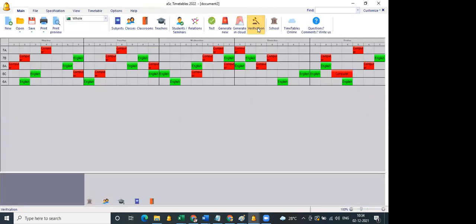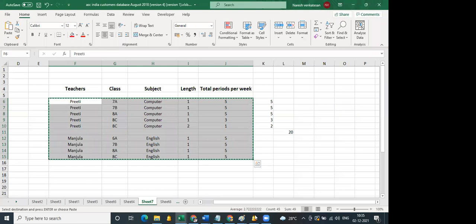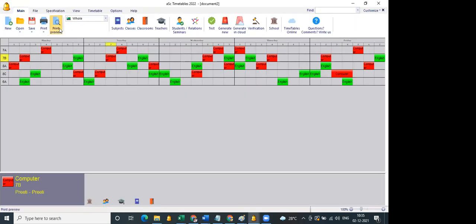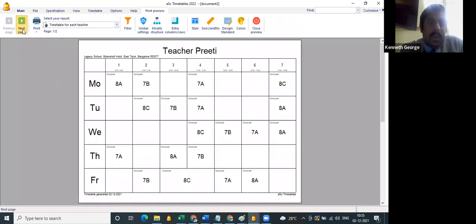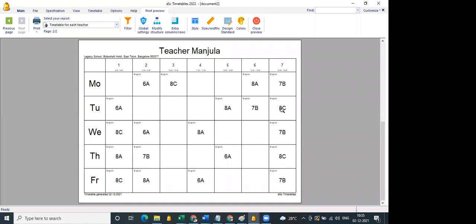Any queries on this import, or if you want me to repeat, I can do so. Yes, sir, please tell. If we go back to the individual teacher timetable and look at this particular teacher Manjula's timetable, you would see that her Fridays are completely packed. It's one class after another. Is there any way of shifting it? No, this one, the last lesson you're telling.